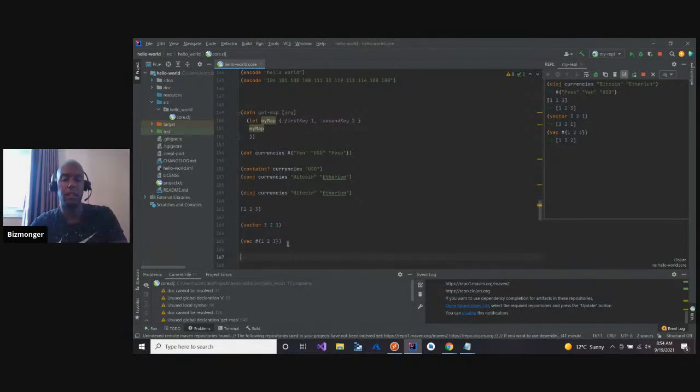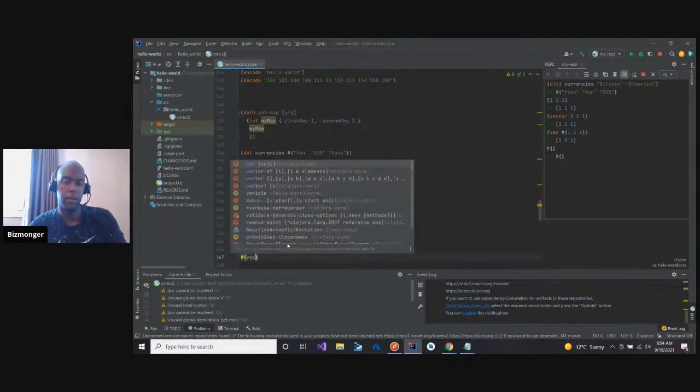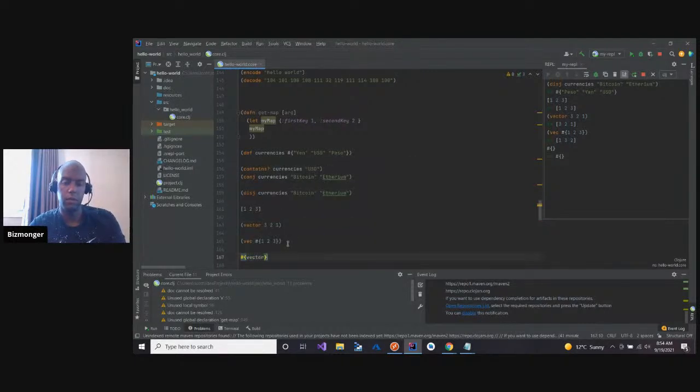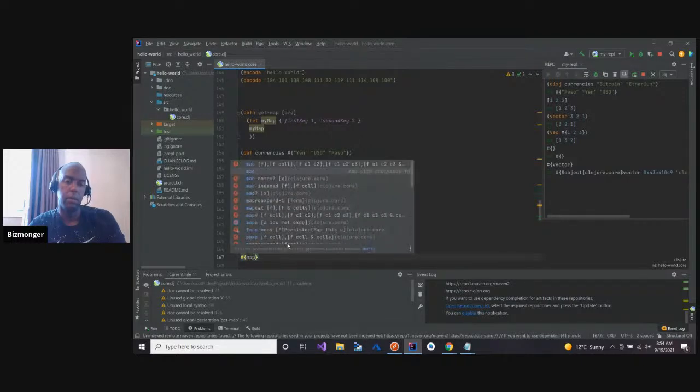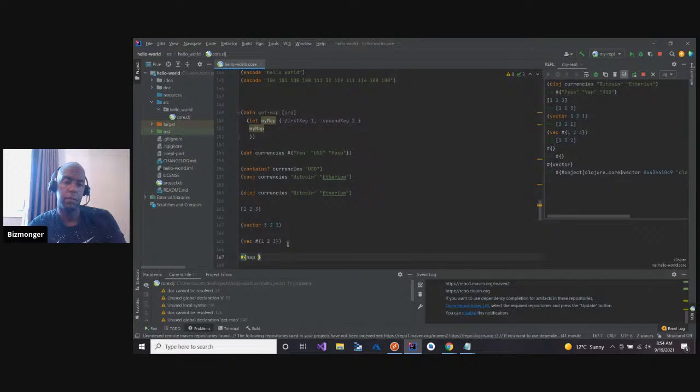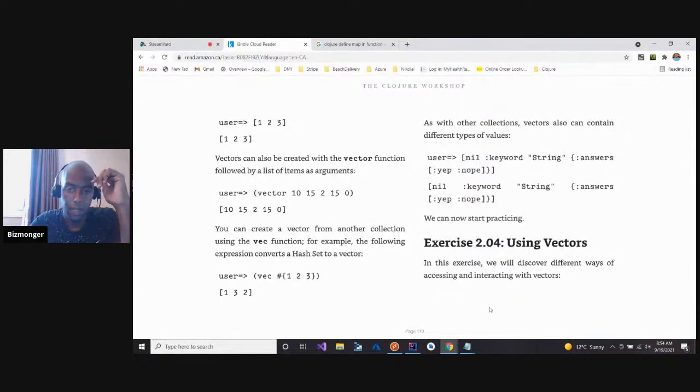Like a hash set is like this, right? How would you convert a vector into a hash set? You just say map. I'm sure the next exercise will probably have something like that in there.